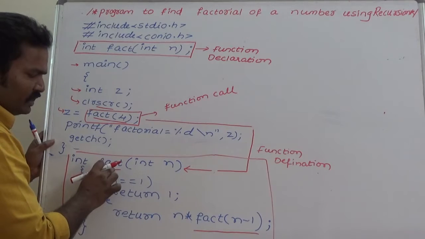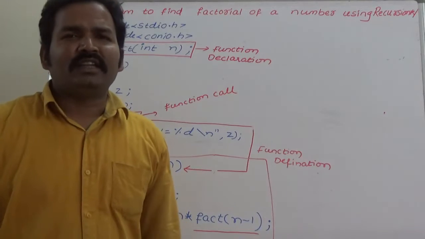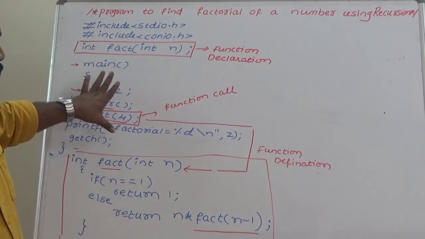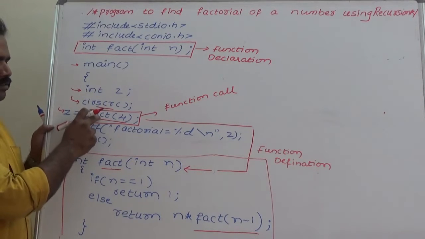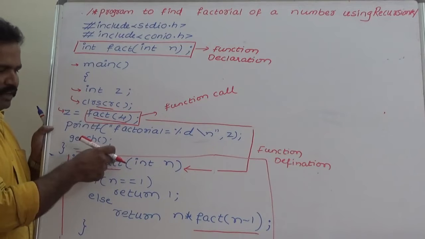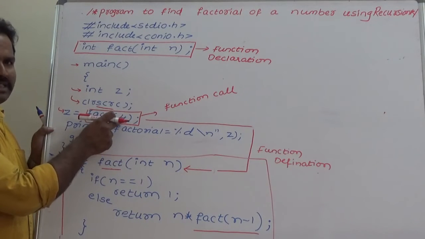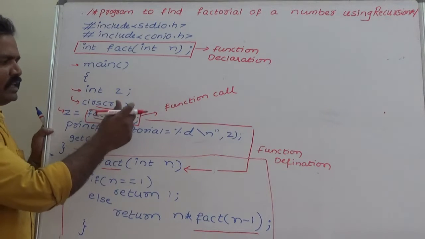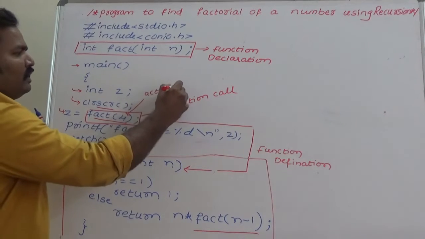That is called recursion or a recursive function. Here we are calling the fact function by passing the argument value 4. Here 4 is an actual argument